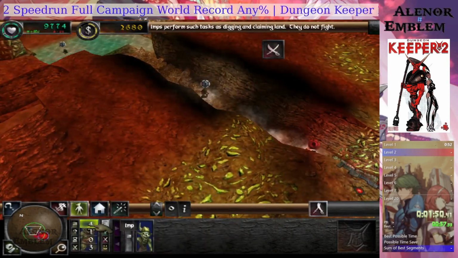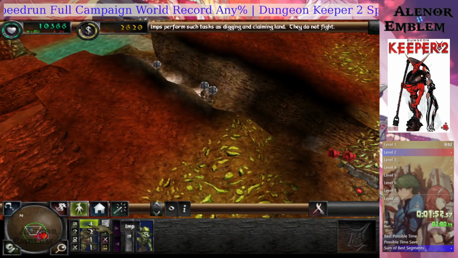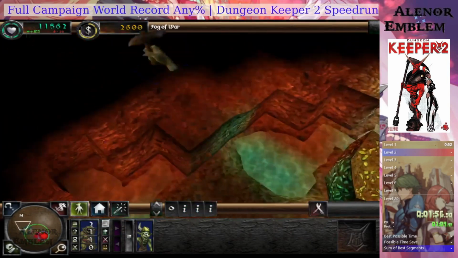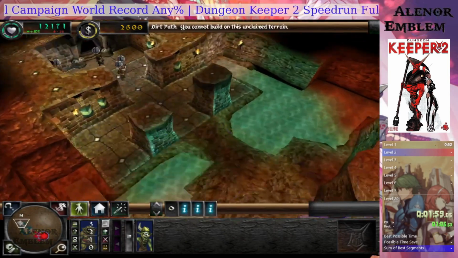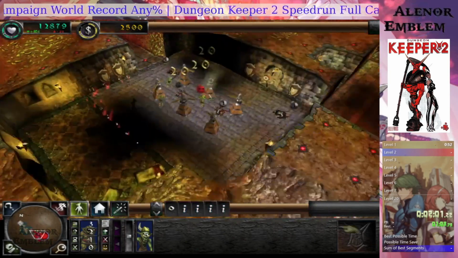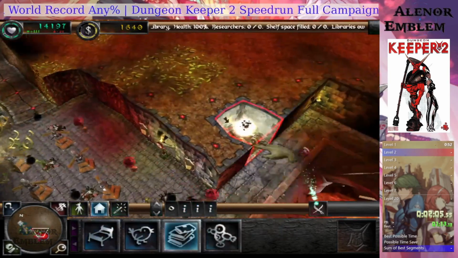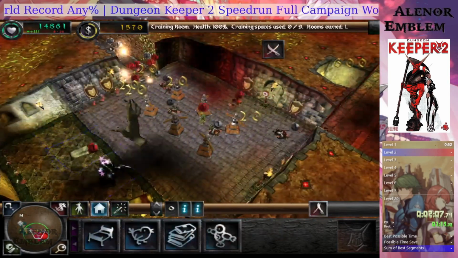Your imps have found some dwarves. These righteous little pests may stray onto your land, and if they do, destroy them, for that's what they deserve. Your creatures make good progress. One improves his skill to level 2. A creature can